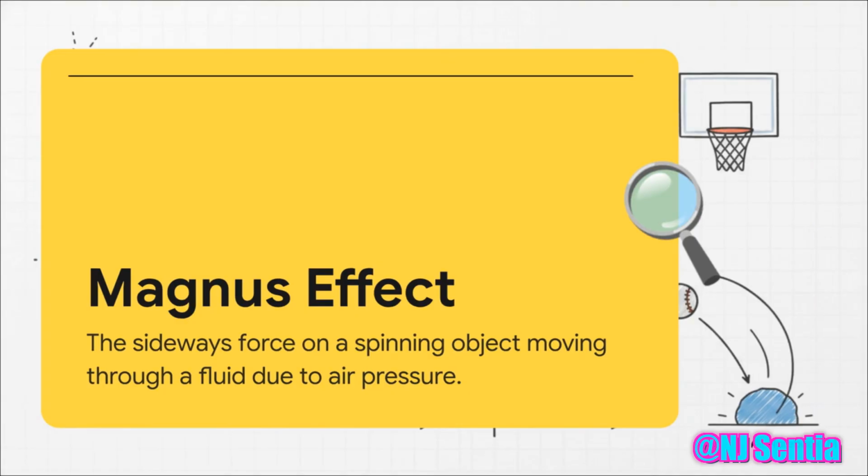Okay, but drag isn't the only aerodynamic force at play here. Introduce spin to the equation, and you get an entirely different magic trick. When a projectile is spinning as it moves through the air, it literally drags local air molecules along with its surface. One side of the spinning ball speeds up the local air, which creates a zone of lower pressure. The other side fights the air, creating higher pressure. And this pressure difference actually physically pushes the spinning ball sideways. In physics, we call this the Magnus effect.